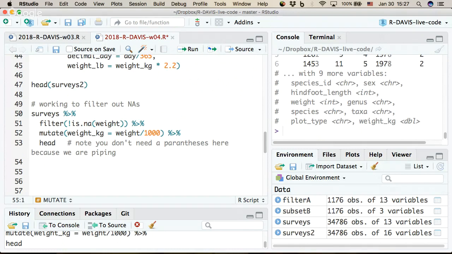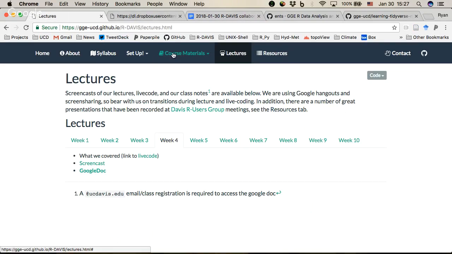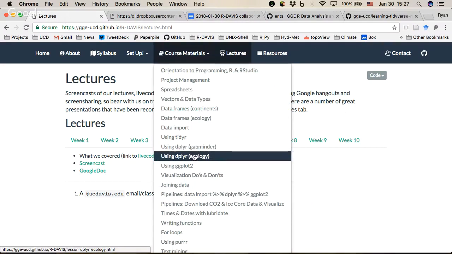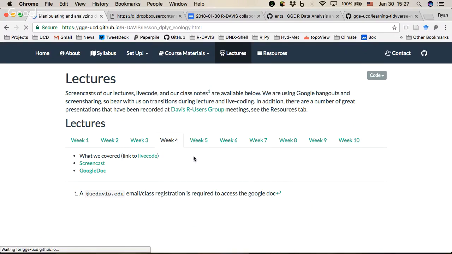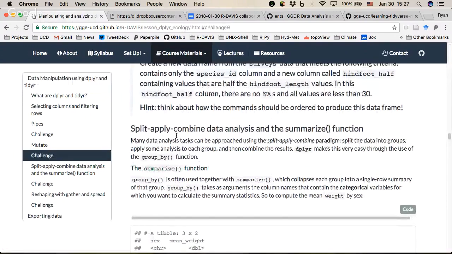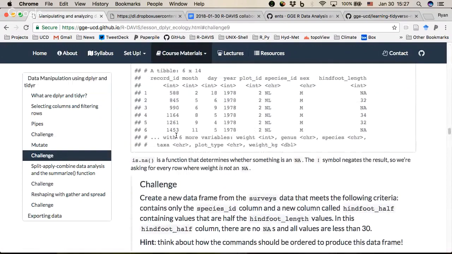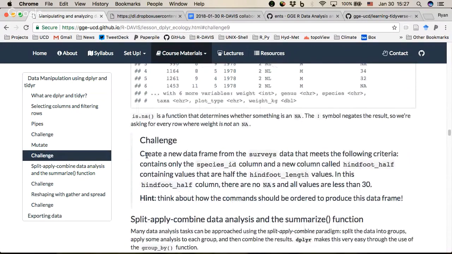So let's do a quick challenge here. On the course materials, let me switch over to lectures, course materials. This one, dplyr ecology. Is that the one I want to be on? Yes. So I want you to create a new, this one right here. We're going to create a new